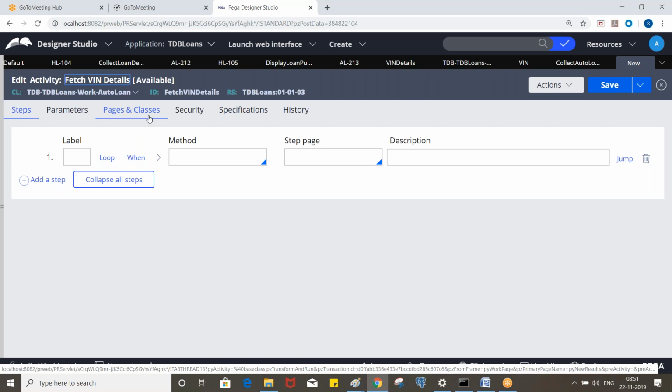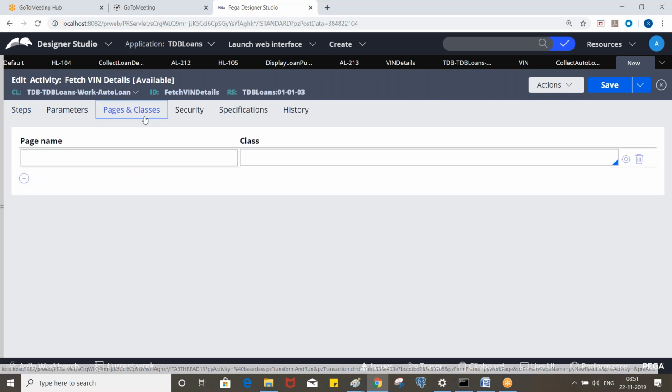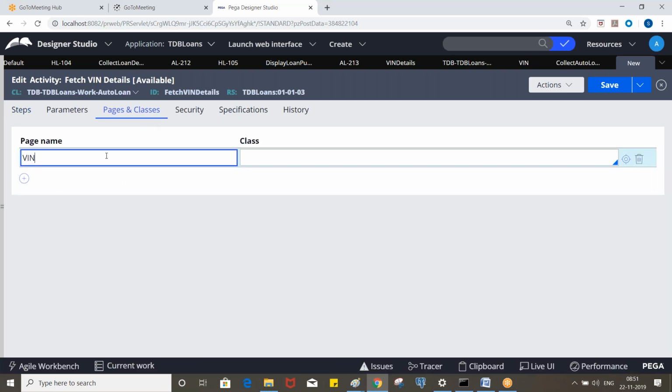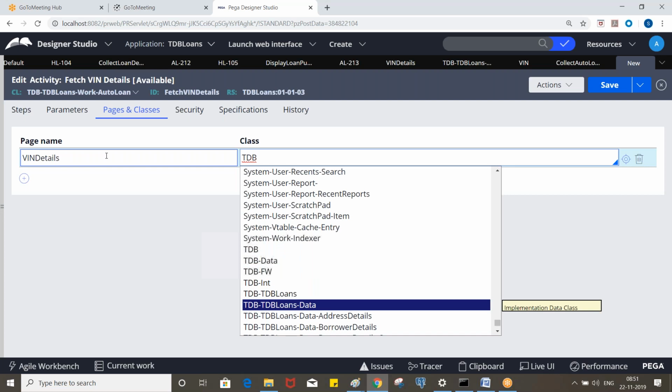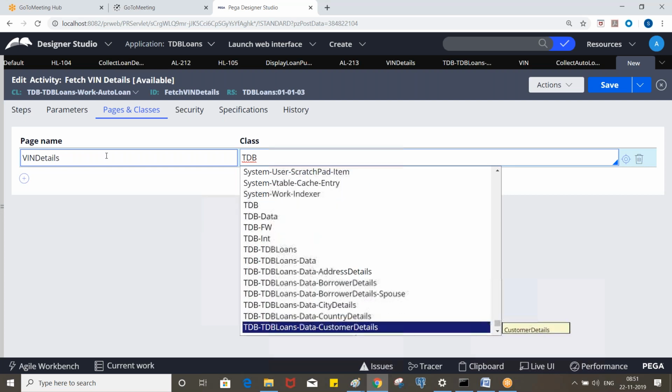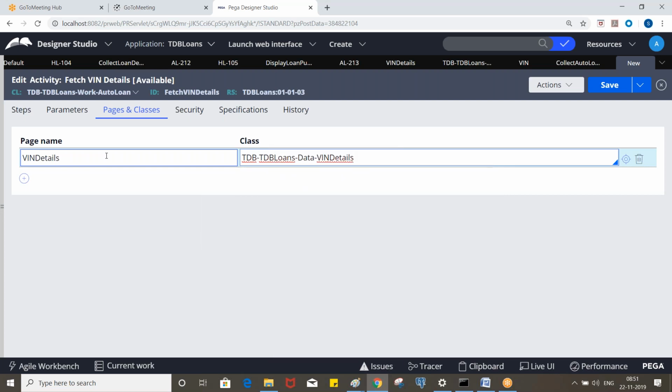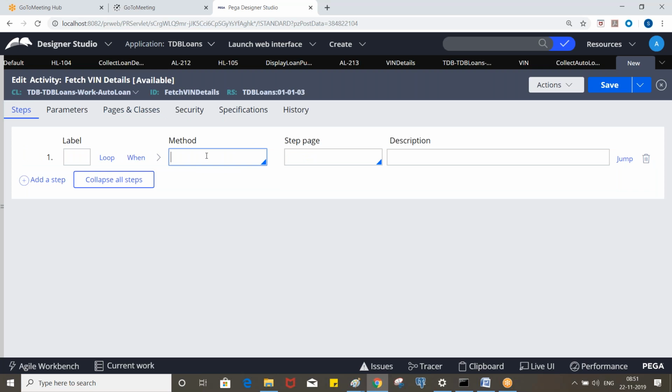Define a page called win details by referring to the corresponding data class, that is TDB win details. Always we need to create a new page and fetch the details into that corresponding page.